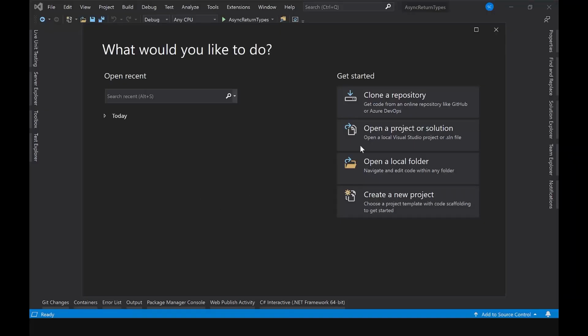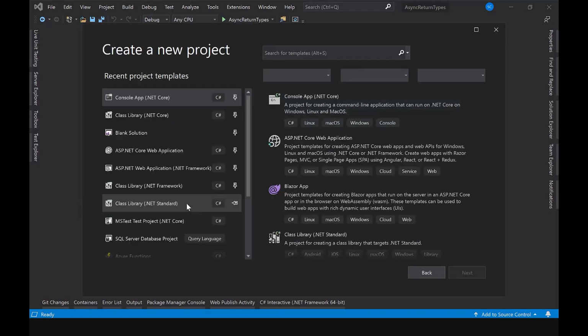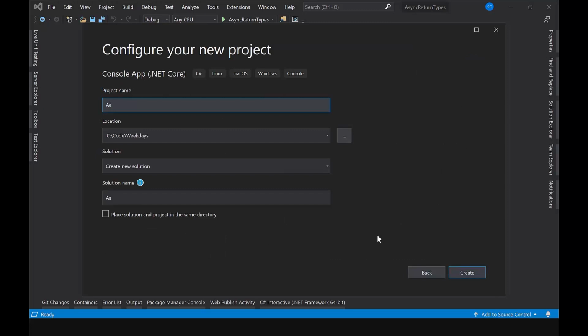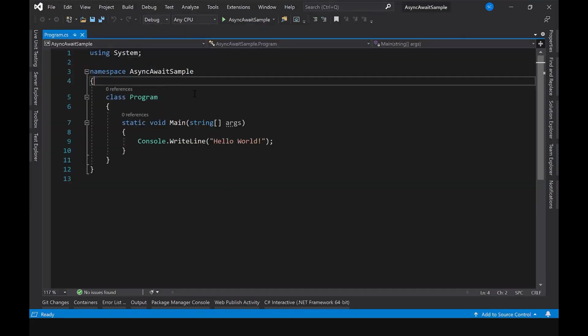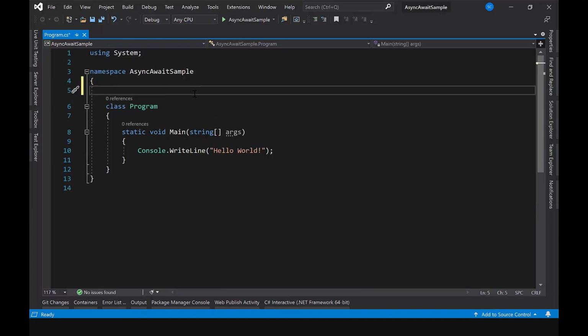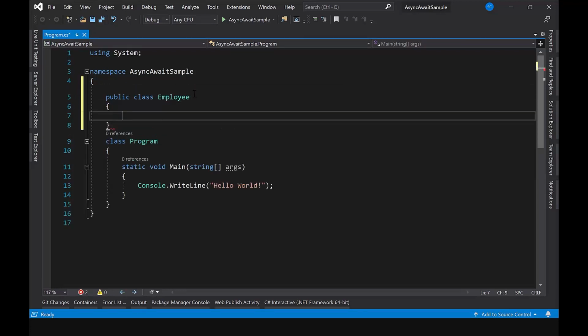So what I'm doing here, I'm just going to create a new project. Again, I'm creating a console application, and I'm just defining here async and await sample. This is my project name. And what I will do here, let's say I'm just going to create an employee class as we have taken in the example. So public class Employee,